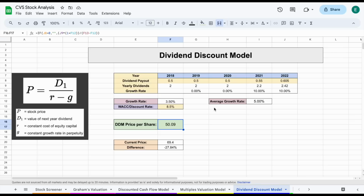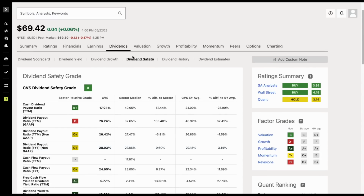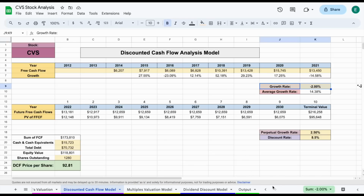Now, anytime you're projecting a growth rate with a dividend discount model, there's two things you do want to check, and that's for future free cash flow growth. And we really don't have a whole lot of that in this situation, but because the free cash flow payout ratio, like we saw earlier, is so low, we'll go ahead and jump back over and look at that. Right here, I think for a very long time they would still have the ability to increase the amount they pay out in dividends. Let's go ahead and jump back over to our spreadsheet,